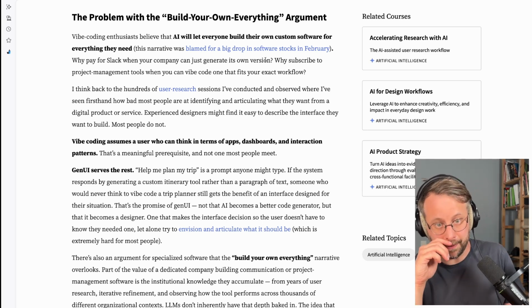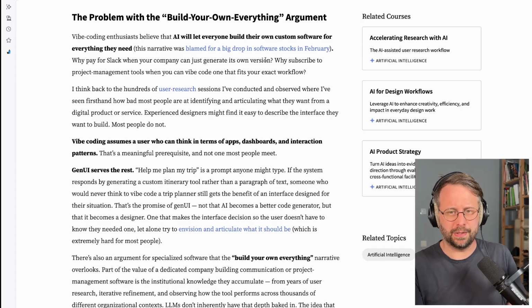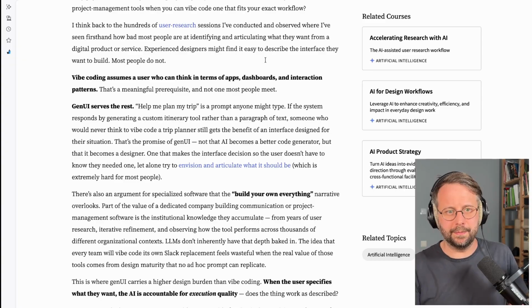I'm not saying that it's impossible, and I'm sure generative AI can help. It's not that it's not useful. It's just not this, everyone can just build their own software. As it is now, I don't know how it's going to be in 5 years or 5 months, but right now, I don't see that, and I don't see this technology getting there anytime soon.